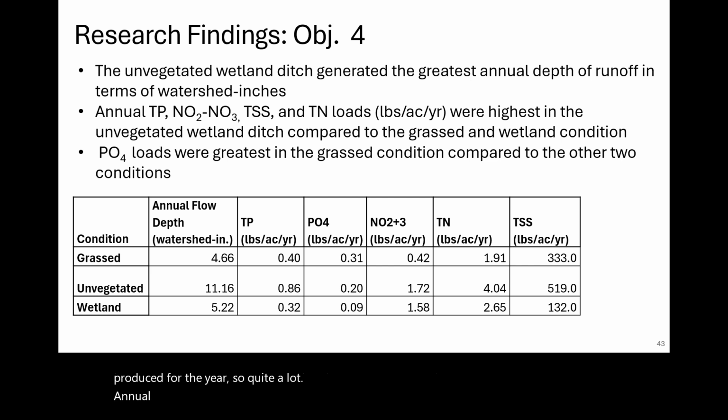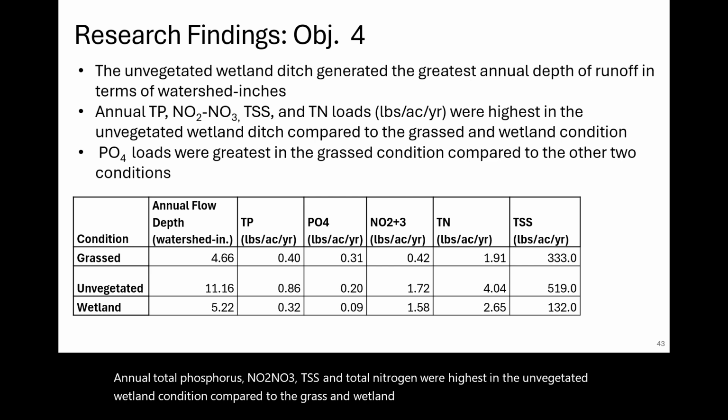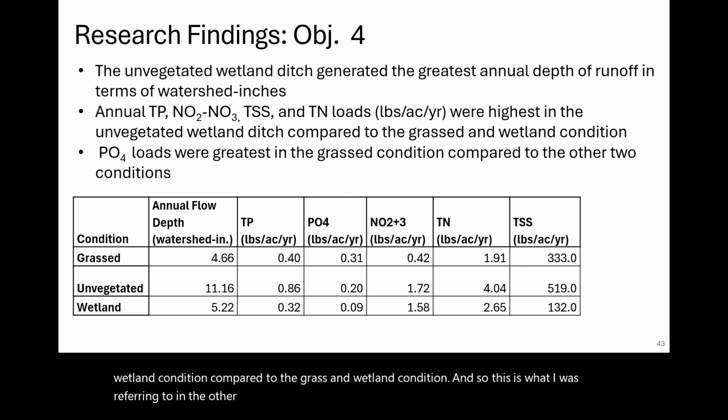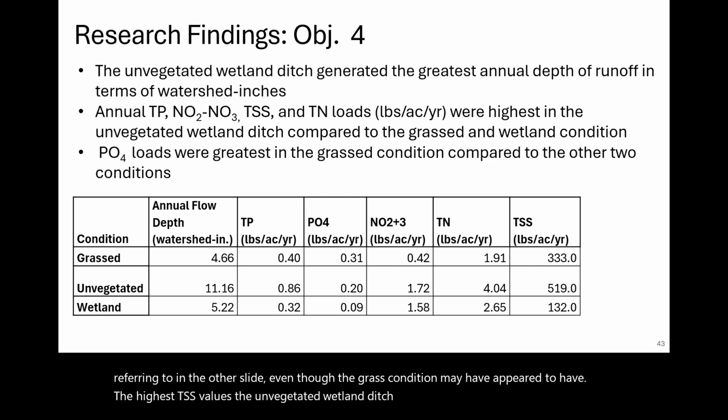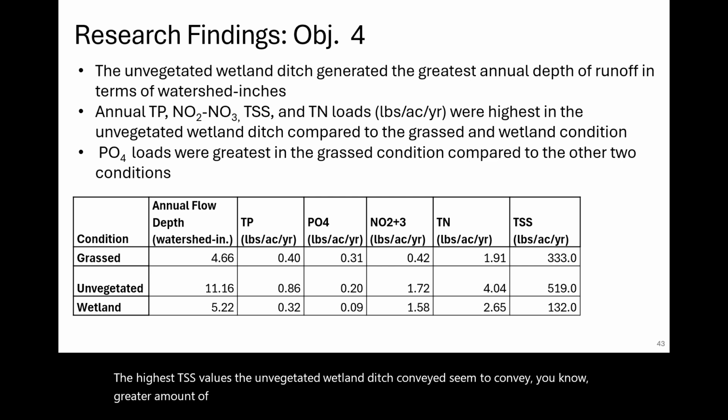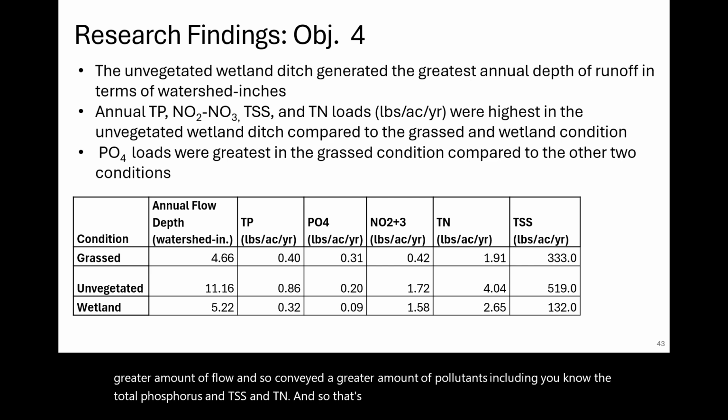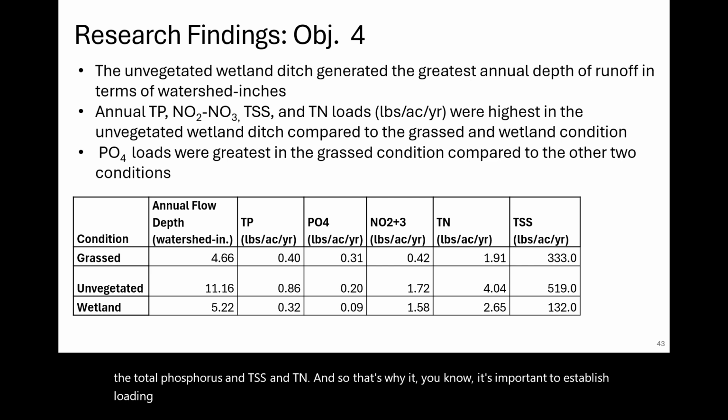Annual total phosphorus, NO2, NO3, TSS, and total nitrogen were highest in the unvegetated wetland condition compared to the grassed and wetland conditions. This is what I was referring to in the other slide. Even though the grassed condition may have appeared to have the highest TSS values, the unvegetated wetland ditch seemed to convey a greater amount of flow, and so conveyed a greater amount of pollutants, including total phosphorus, TSS and TN. That's why it's important to establish loading rates for each of these sites and not just look at the water quality data, because the water quality data and the hydrology data tie together to tell you